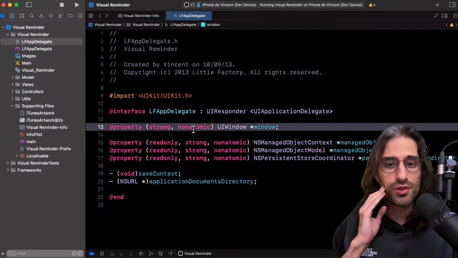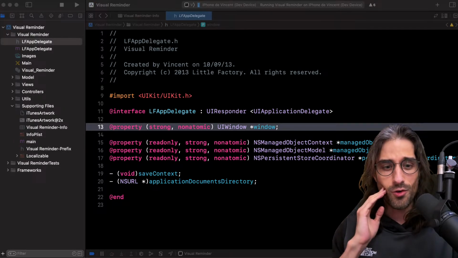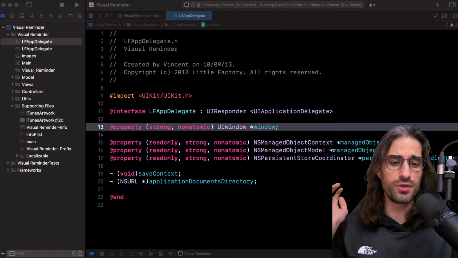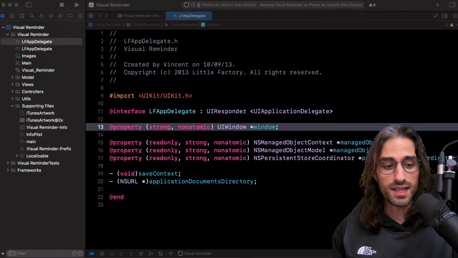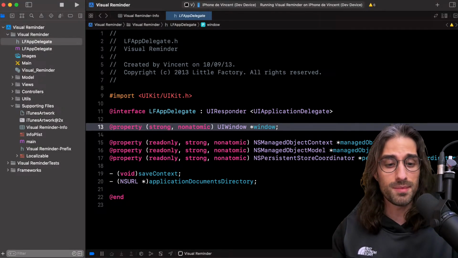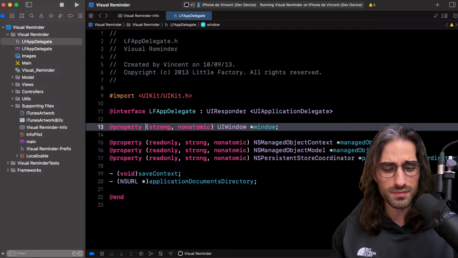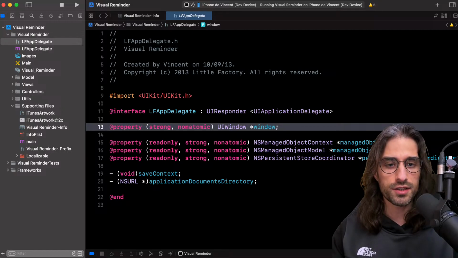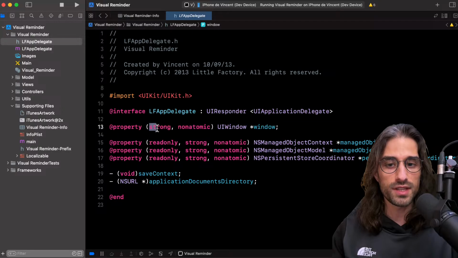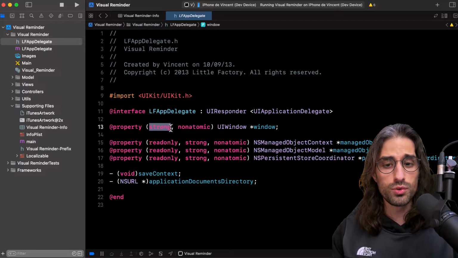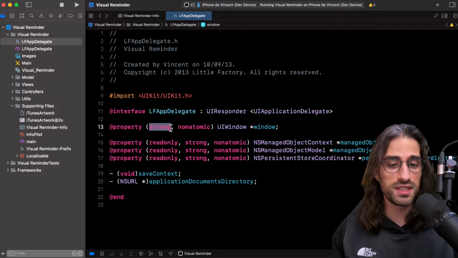You can see also these strong non-atomic things. So what are they? So we are in old code, but we are not in very old code, in the sense that maybe you've seen that in Objective-C at some point you needed to handle the memory manually with retain, release, that kind of code. So we are after that. ARC, so automated reference counting, is still here, is implemented in the app. And the way ARC worked is that it used these annotations like strong here to get some semantics on what the properties meant. And from that, it would automatically generate the retain release code.